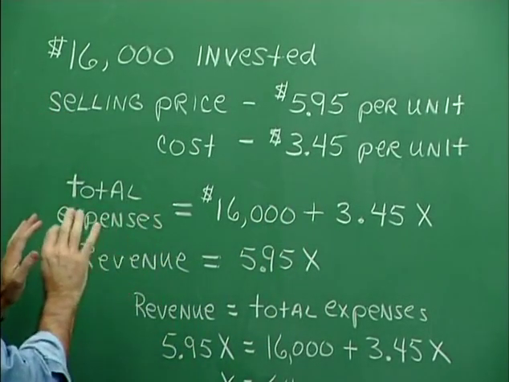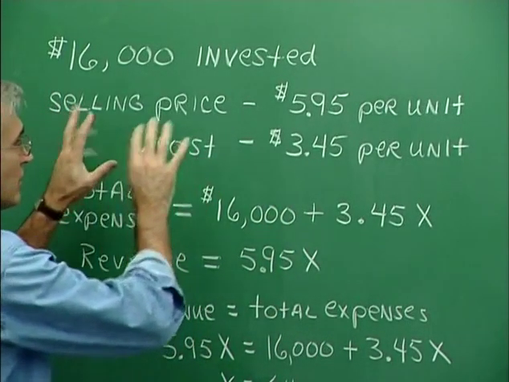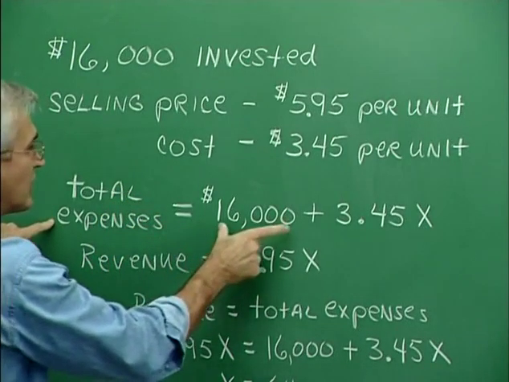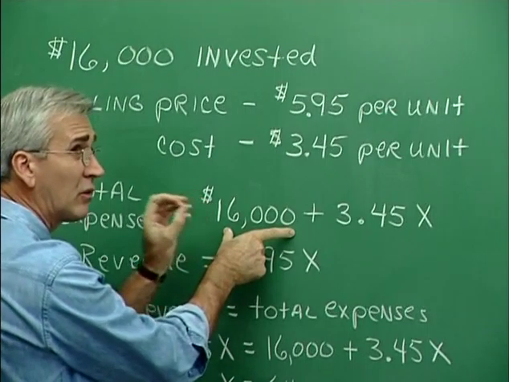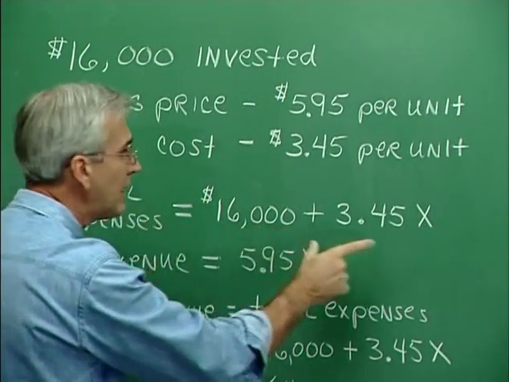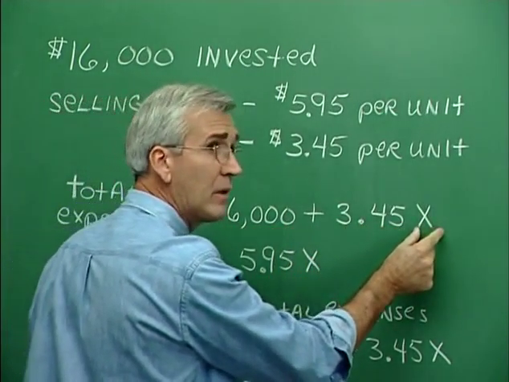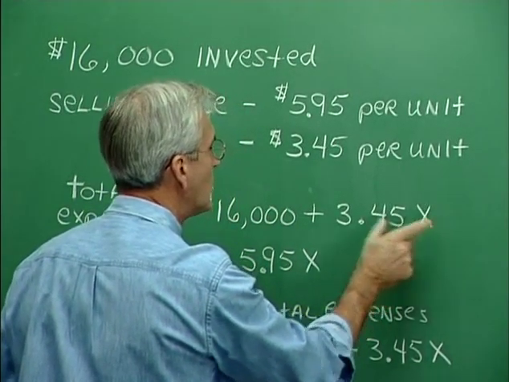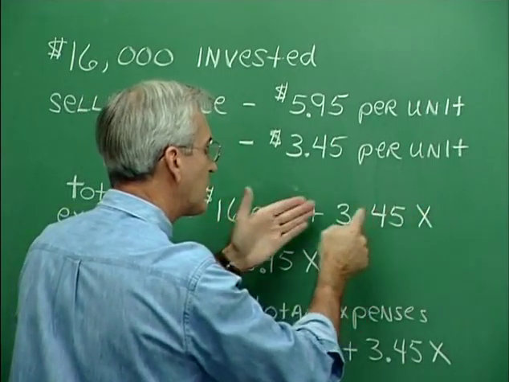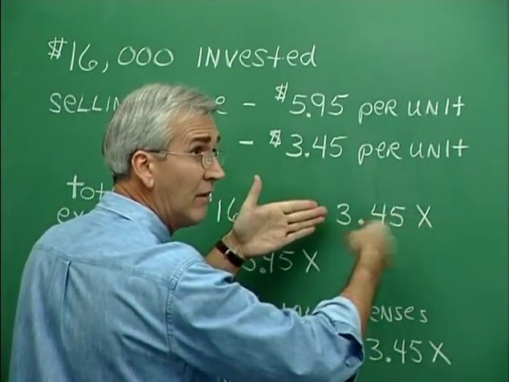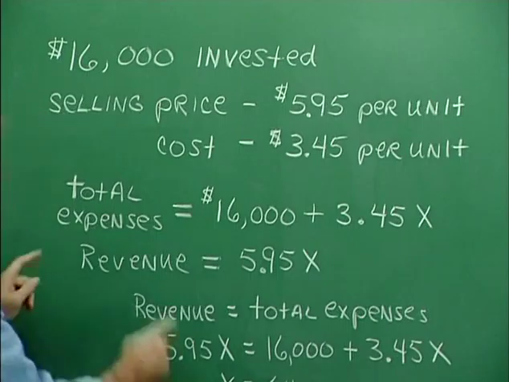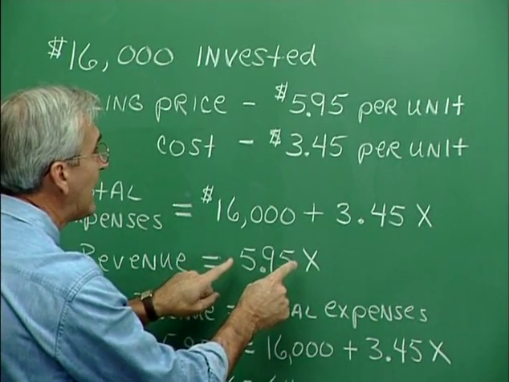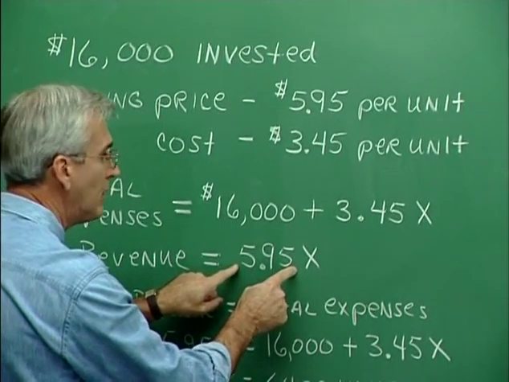Now we want to set up a couple of equations that relate all of this information. The total expenses involved would be the $16,000 setup cost, or the investment, plus $3.45 for every item that we sell. Let's let x stand for the number of items that are to be sold. So it's $3.45 times x to give the cost of the items that are sold. Now the revenue, the income, is calculated as the selling price per unit times the number